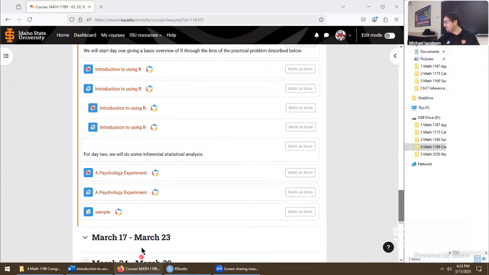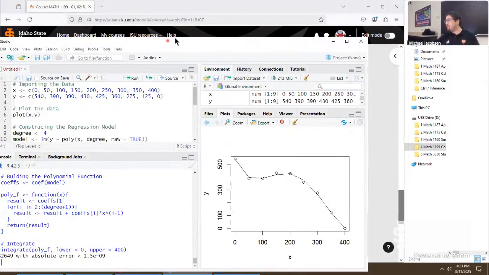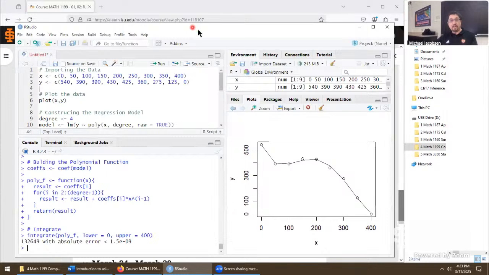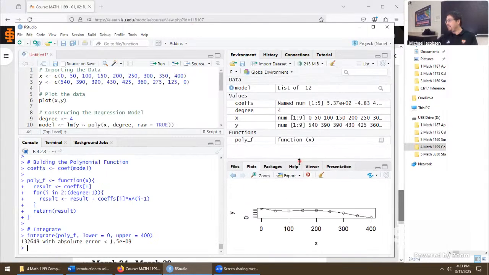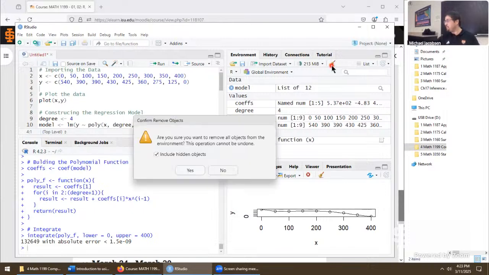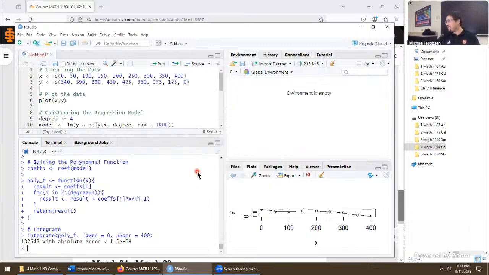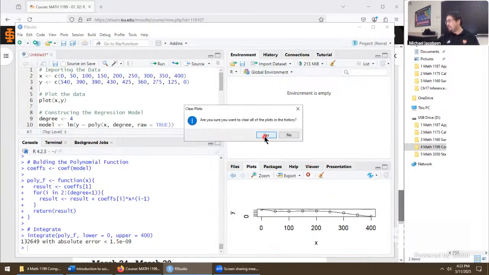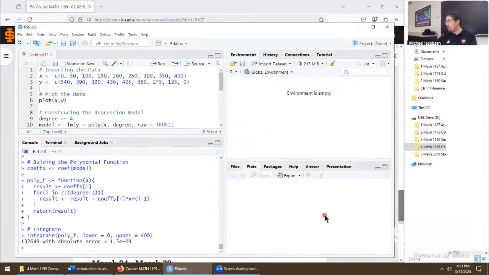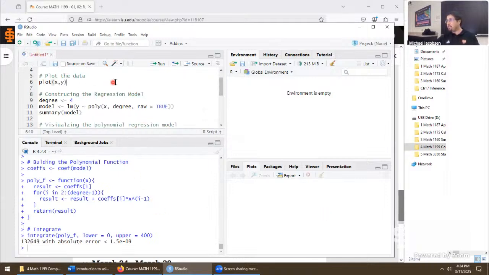That always sounds exciting. First in RStudio, since I'm done with this environment, a couple things you might want to do is wipe out everything here, because you never know when something stored might conflict with the new syntax you're about to write in. One way to do it is just click a button, the little broom symbol will do the job. I honestly don't know what the include hidden objects does. I just check it each time. Seems like a good idea. Environment's gone. It's important to clear the plot history, but if you wanted to, you could. And now we have a fresh environment. Let me also even reset the script.